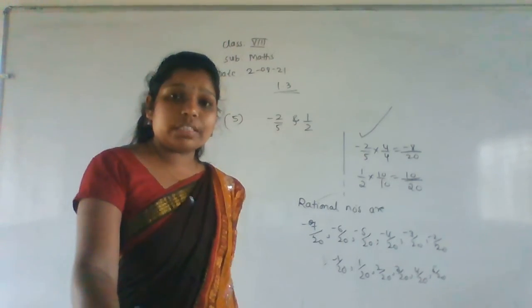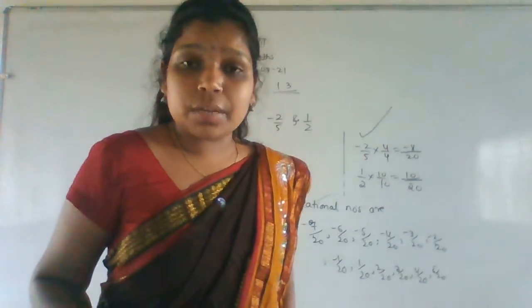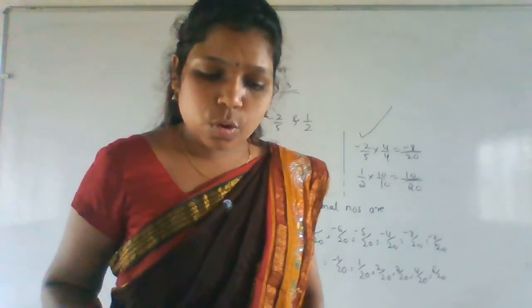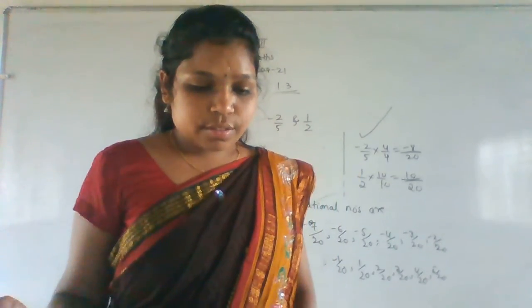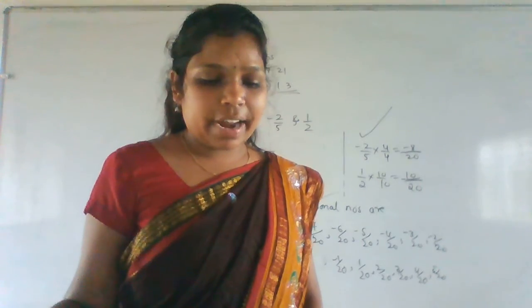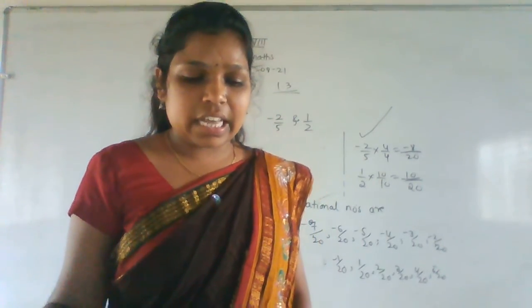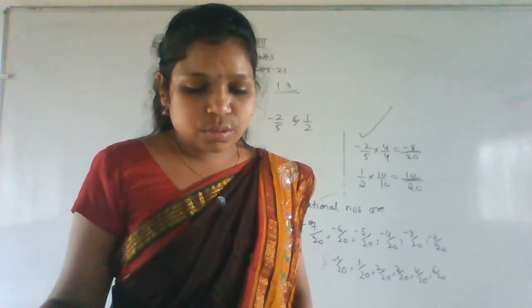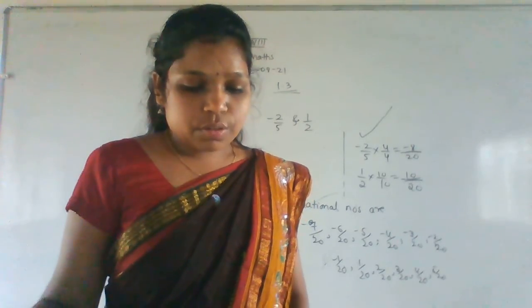Getting everyone how to do this? Find the rational numbers in between the given two rational numbers. Hope everyone is understanding. So next one, sixth main is there. Find the 5 rational numbers between, again, the given ones. So next also same. Okay.